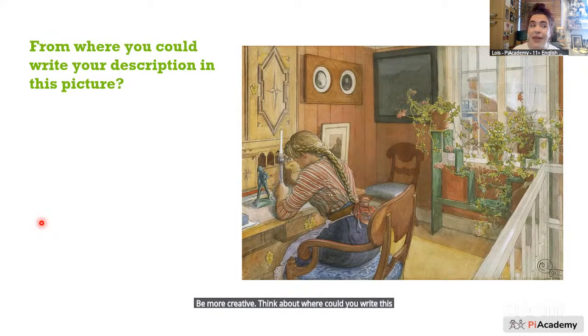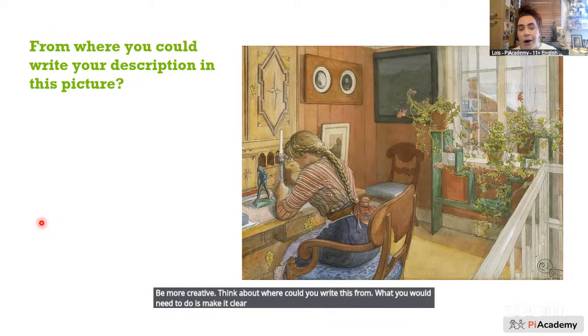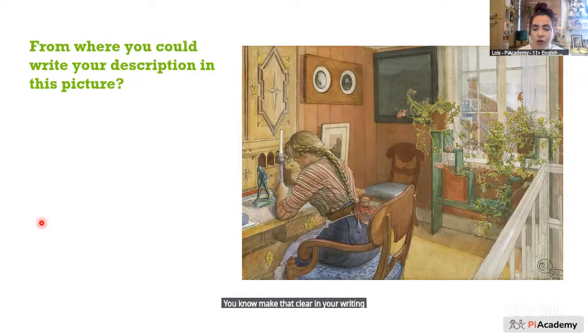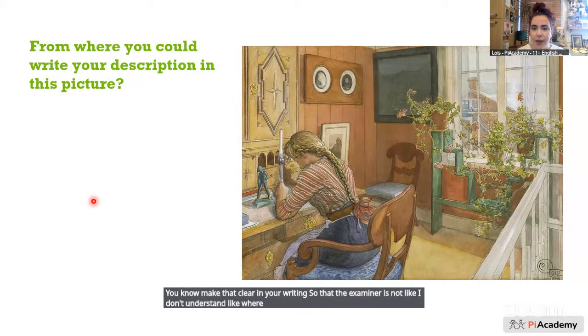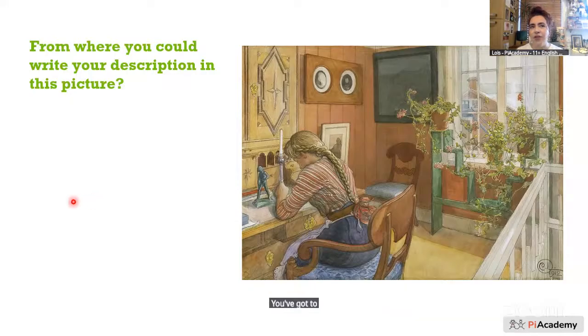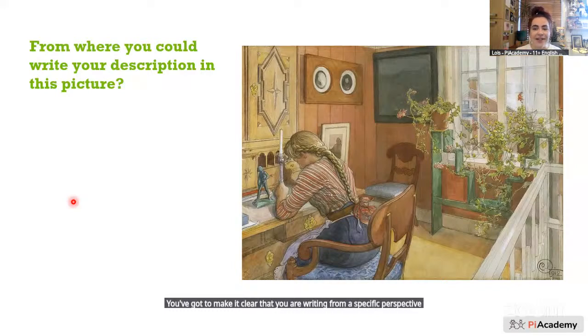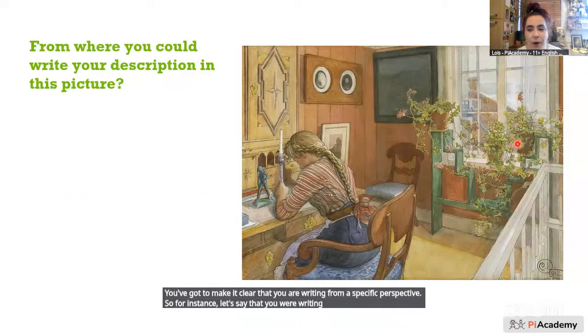What you would need to do is make it clear where you are in your writing, so that the examiner is not like, I don't understand where this is being written from. You've got to make it clear that you are writing from a specific perspective. So for instance, let's say that you were writing from the perspective of the windowsill. You wouldn't say I am a plant on the windowsill or something like that. That would be a bit goofy. But you could say,